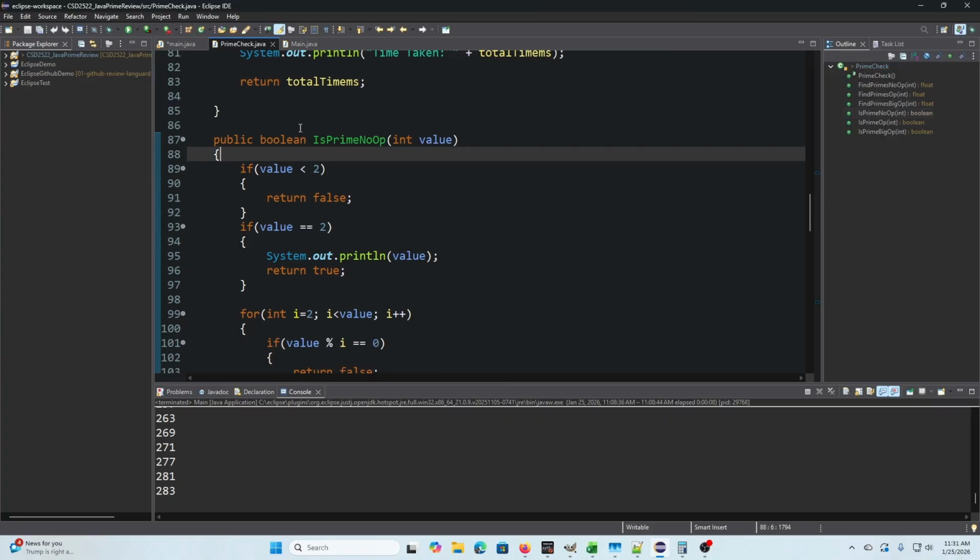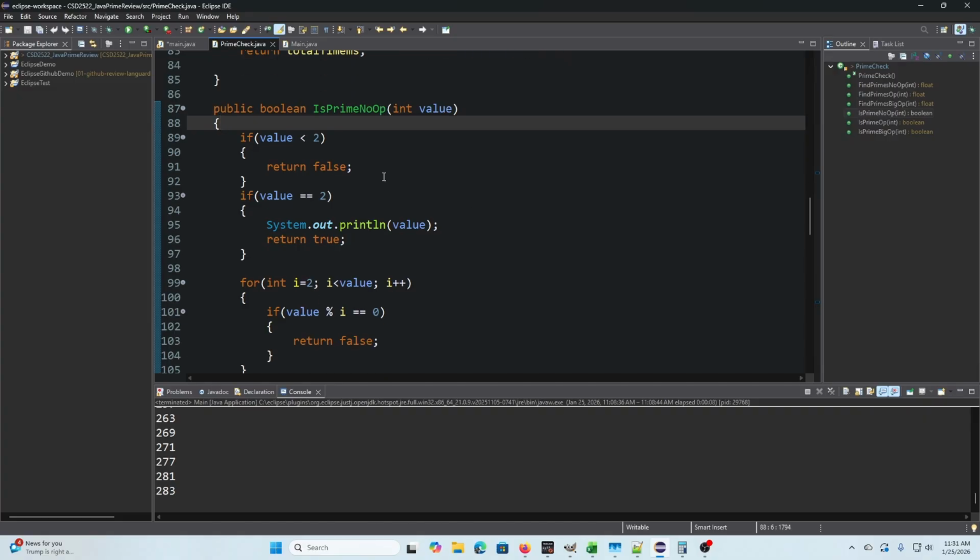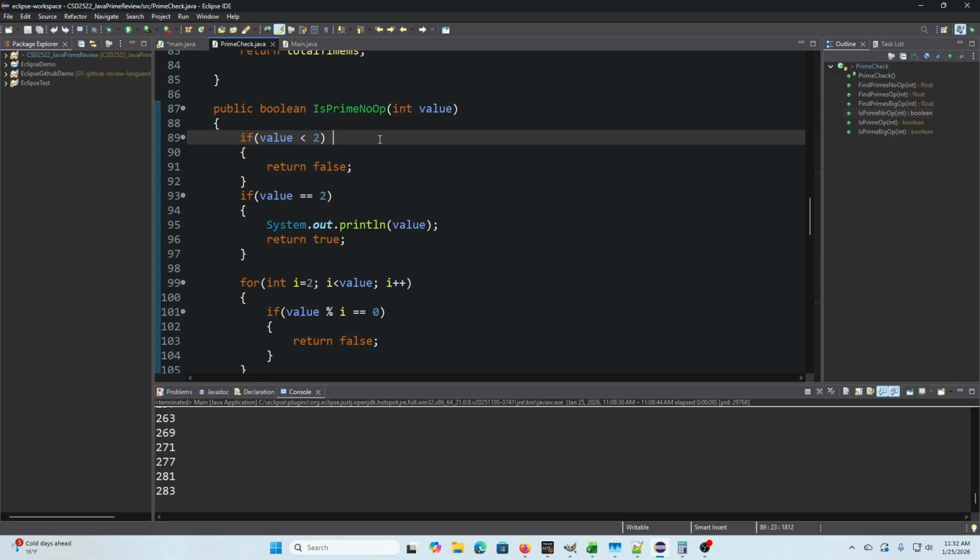And then here we've got the brute force solution. I check to see if it's less than 2. Is the number less than 2? Because again, that's part of the definition of a prime. It's an integer greater than 1. So check if it's less than 2, don't care, false. If it's equal to 2, well, obviously that is a